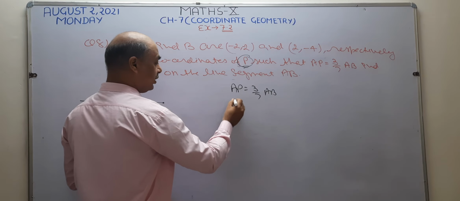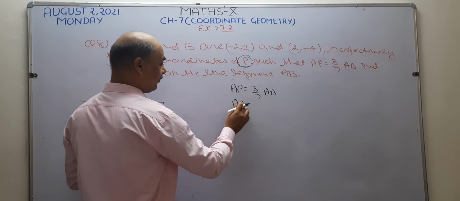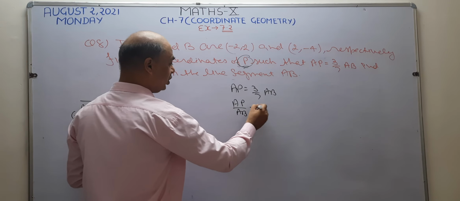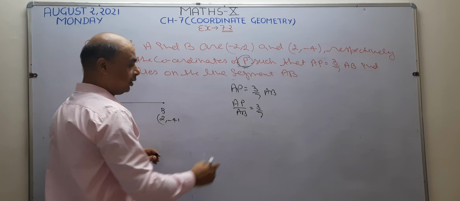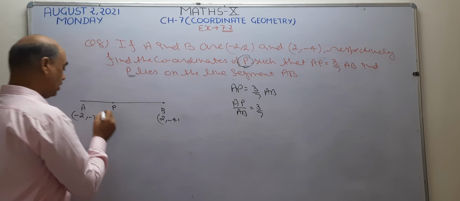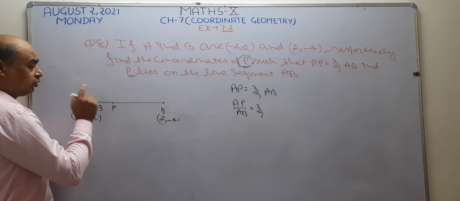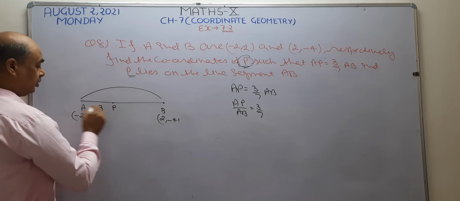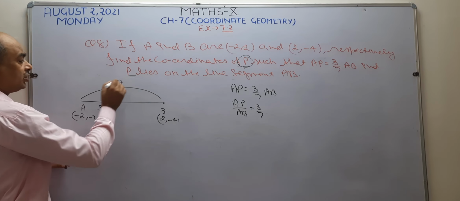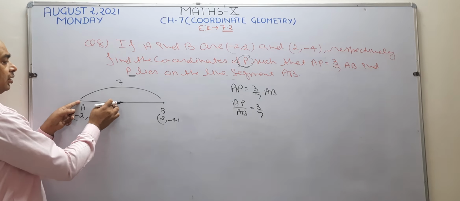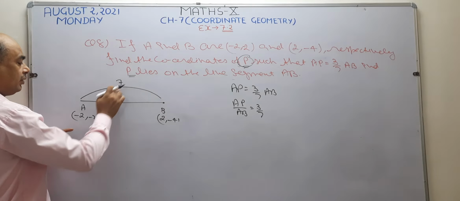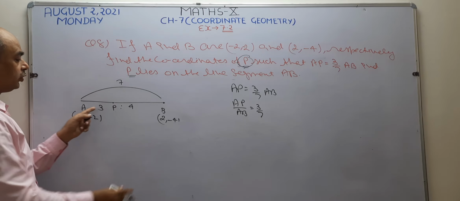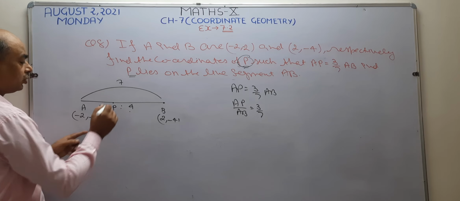When I take AB from right to left, it is going to divide AP, so this becomes 3 by 7. Now AP becomes 3. I write here 3. AP is 3 and AB is 7. This complete line segment AB is given as 7. If this is 3 and the complete is 7, then 7 minus 3, what is left? 4 is left. So it means this P is going to divide AB in the ratio 3:4.